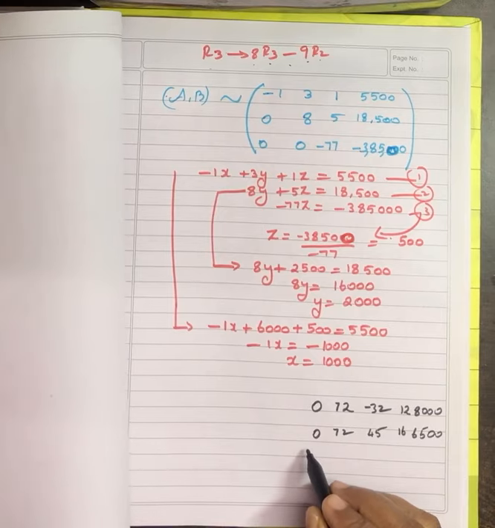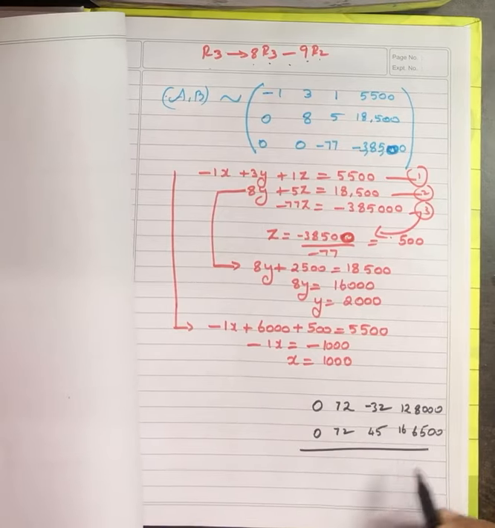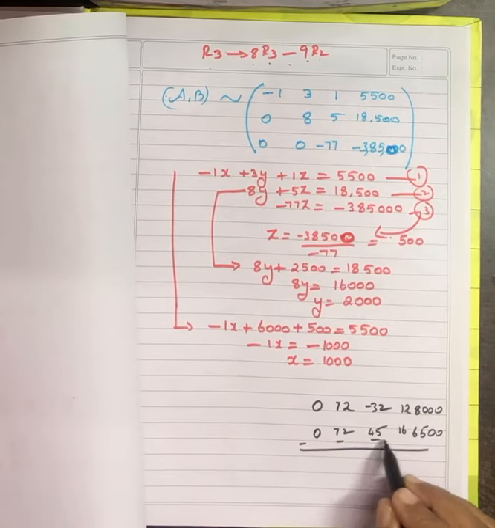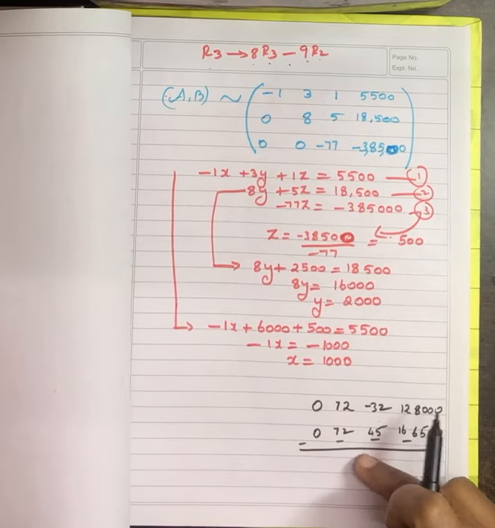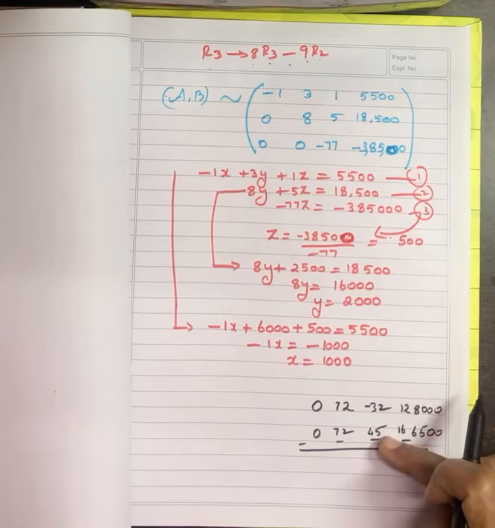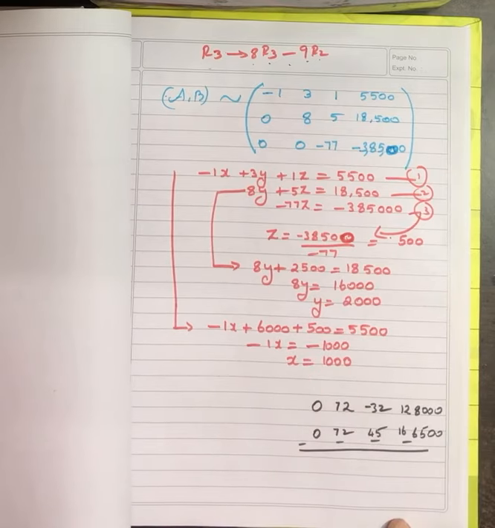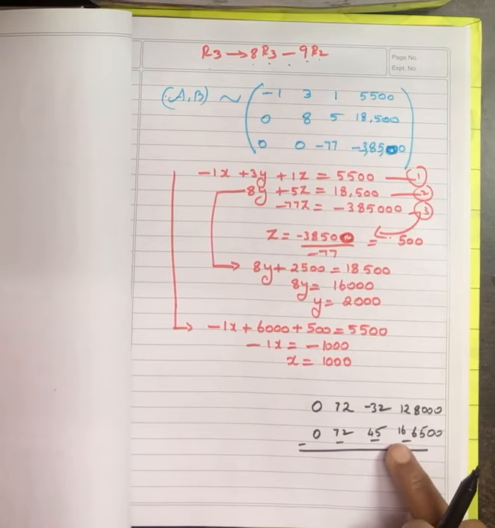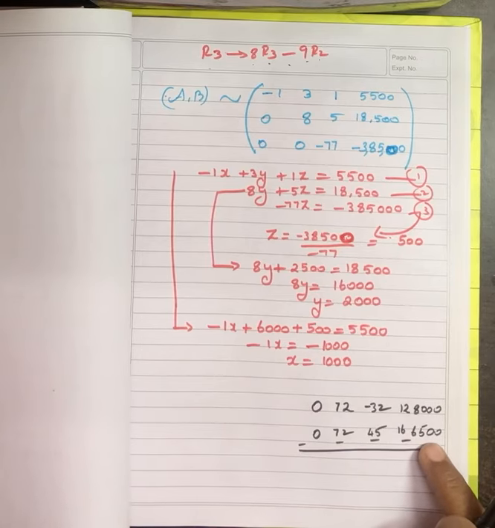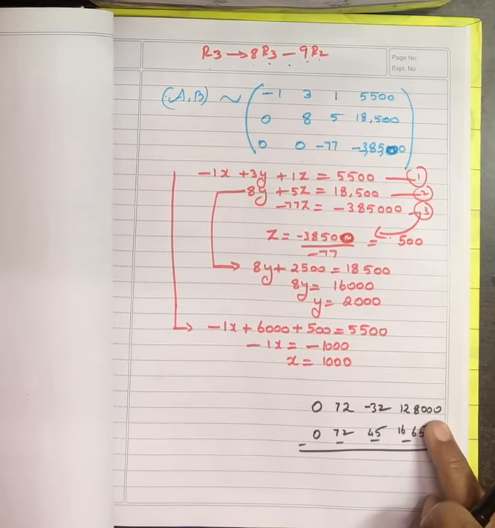I have to subtract. So answer is 0. Next one is 0. Both are same sign. So add. It is 77. So here it is 1,66,500. I have to subtract this one. So my answer is,